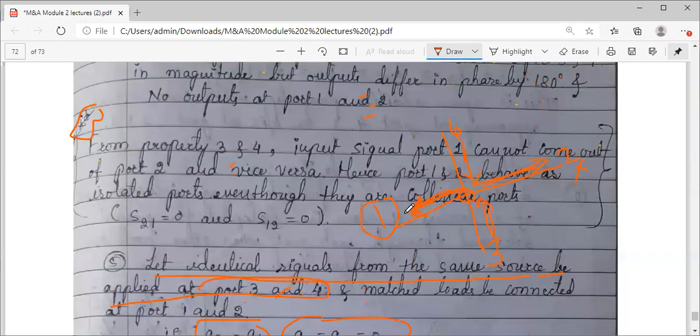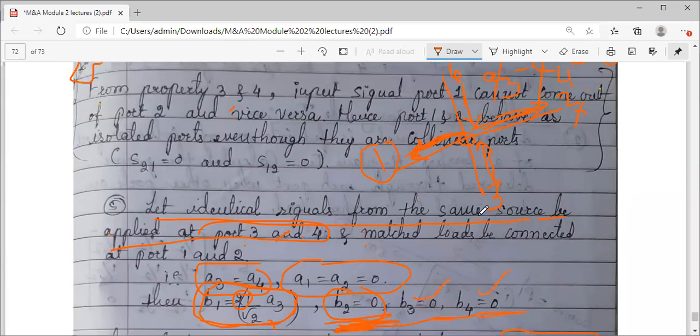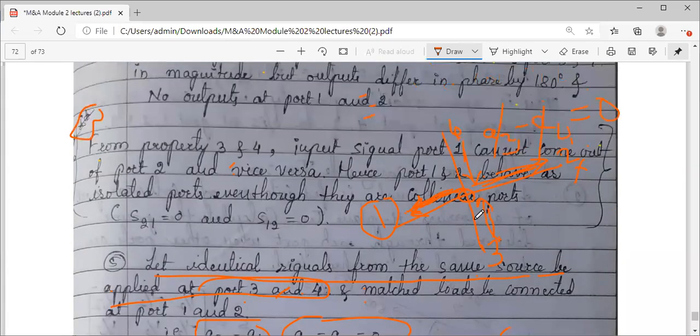Okay, in phase components enter port 1, and at port 2 the 180 degree phase shift component will enter. That is, if your A3 signal is going, say A3 by 2, whatever, some signal is going here at port 3, the opposite one more, that is A4, both are equal, right? So because of this they cancel out, so we got 0, even though signal is entering here also. In the equation you can see only at port 1 you are having some value, but the remaining 3 are 0.